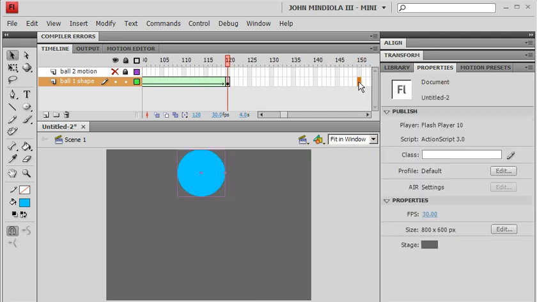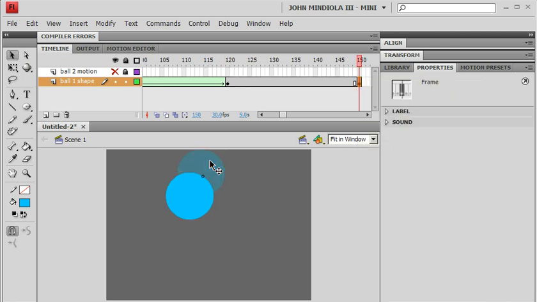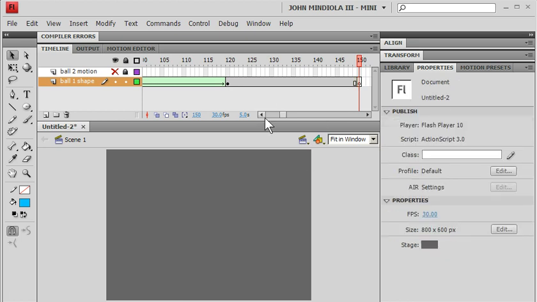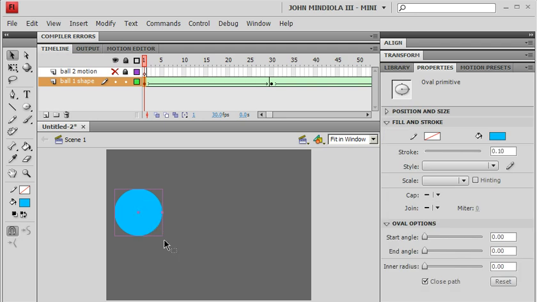And then I'm going to go to frame 150. Right click, insert a keyframe, and maybe the ball is way down here now. Actually, what we probably want is for the ball to be back where it started. So in this case, I'm going to delete the ball here, go all the way back to frame 1, find it, right click and copy it. I'm going to go all the way back